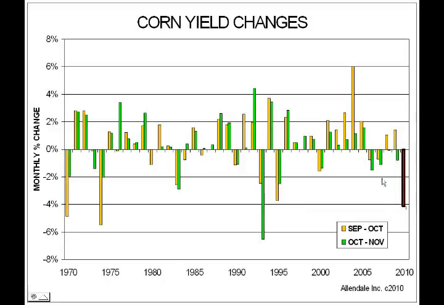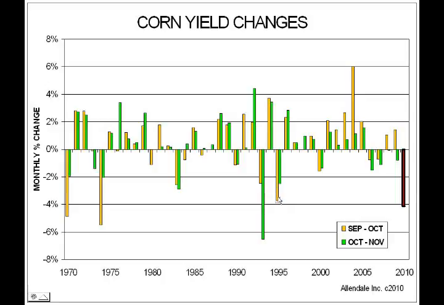In terms of big, large declines, it's kind of interesting to see that this is one of the bigger declines we've had in terms of these orange bars since 1970. This is the largest decline going from September to October since 1970. This surpasses even the serious type of weather years we had here. You can go back, even during the 80s, even during the two issues here from '93 and '95. Kind of interesting to see the largest drop from September to October since 1970, which are the orange bars.